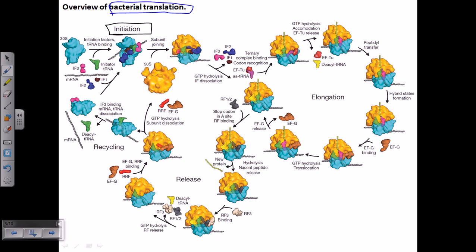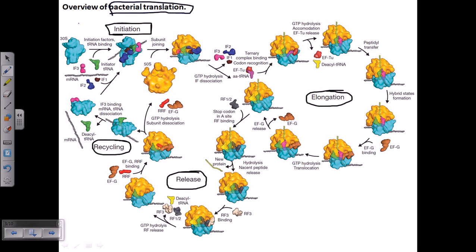Initiation, as the name suggests, initiates the translation. Then the elongation phase, or carrying out the polypeptide synthesis. Third is the release phase. In the initiation phase we need to recombine and arrange our ribosomal subunits for the perfect assembly so that it can carry out the translation. Then we need to elongate the polypeptide chain. Once we elongate the polypeptide chain, we need to dissociate all those subunits, because we need to recycle. So here comes recycling, the fourth part of bacterial translation.